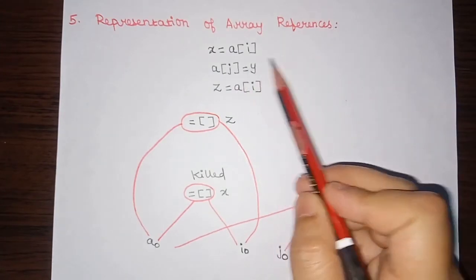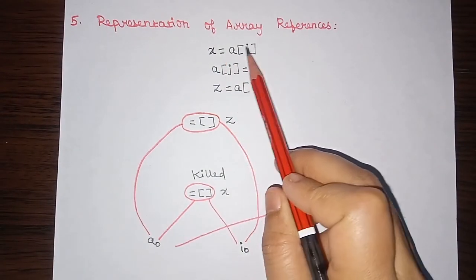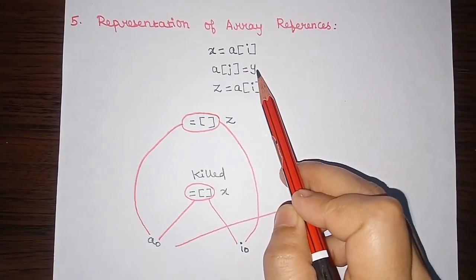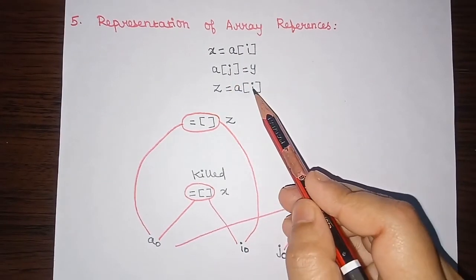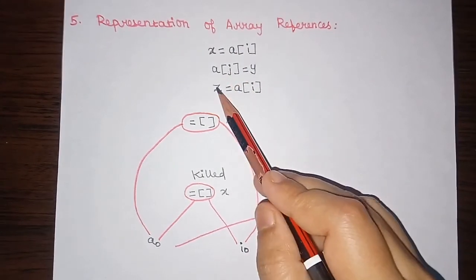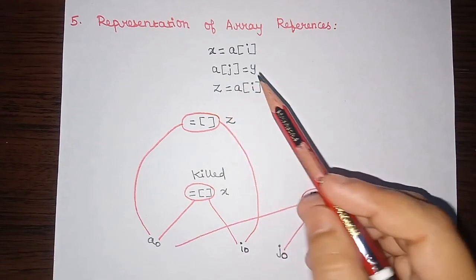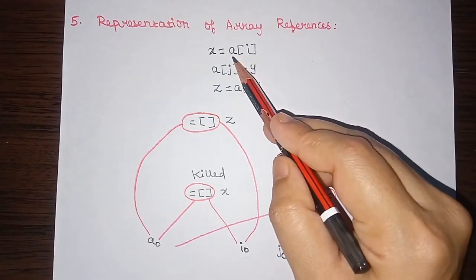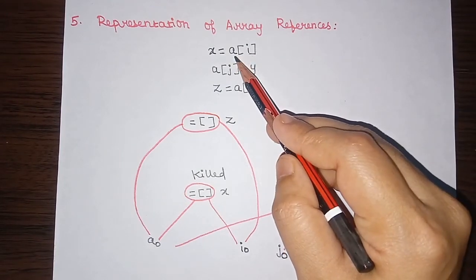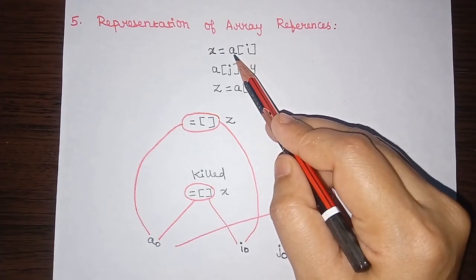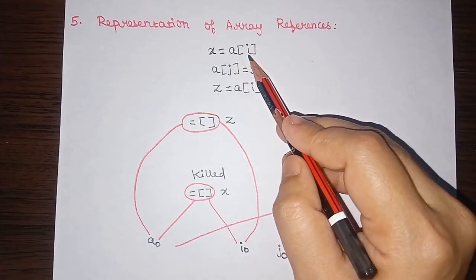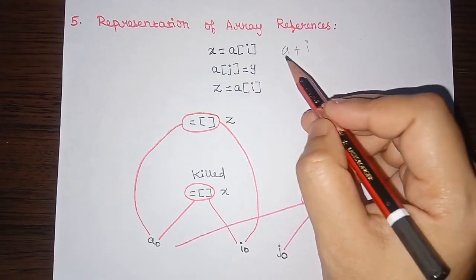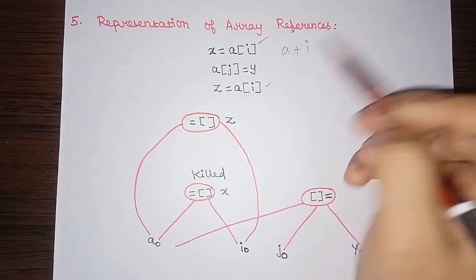So here let us take this example. If you consider this example, we have arrays, an array value that is assigned to a variable, and here we have a variable that is assigned to an array. In the same way, in the third statement, we have an array variable that is assigned to another variable. So if we think of these instructions, here we have a of I. When a of I is there, this actually involves two operands, that is a and I, which is similar to a plus I. Like here we have common sub expressions on this statement and this statement.